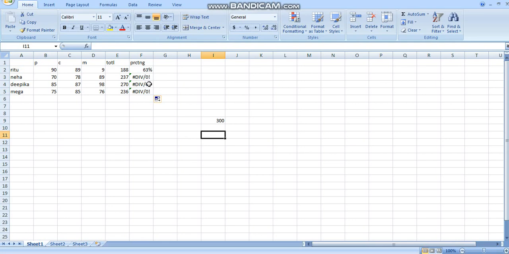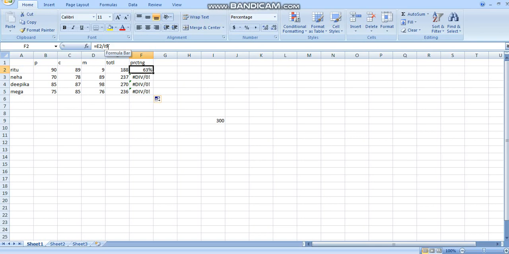In absolute reference, I want to fix this 300, that is I9. The value should differ from E2 to E3 to E4 to E5, but I9 should remain the same. So I have to fix this value.